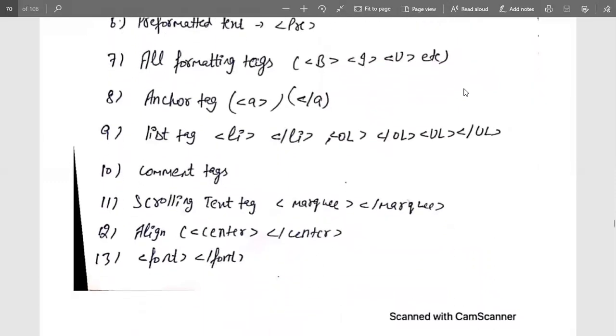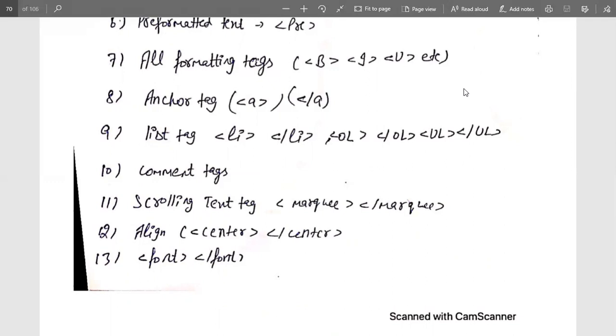Next is the list tag. The list tag is li. There are so many options for a single question, like what you want to eat right now. That means snacks, lunch, dinner, a proper meal. So these are all the options, and you have to take any one of them. That will be mentioned with a list tag. So li is for list, and a list can be ordered or unordered.